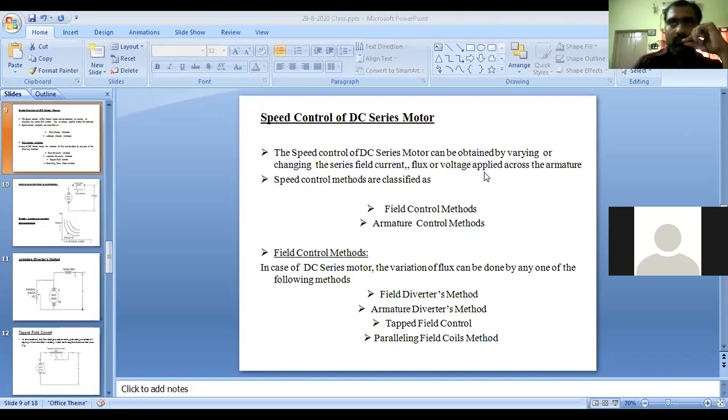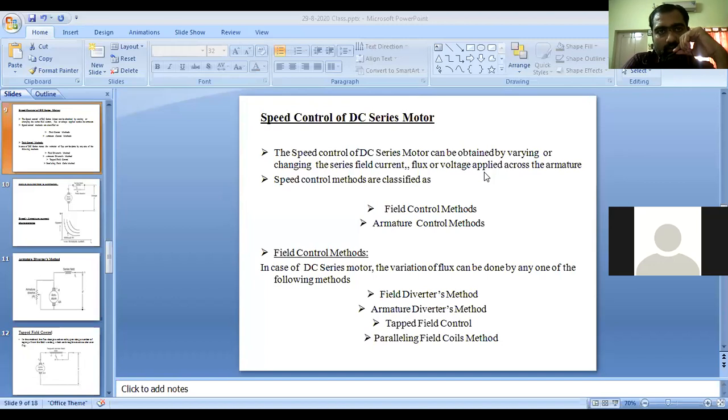For the DC motors, the methods we apply for controlling the speed have been categorized into two parts, that is nothing but field control methods and armature control methods.